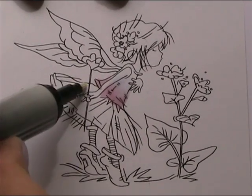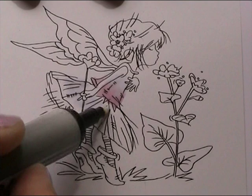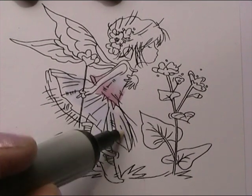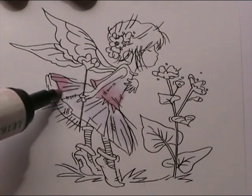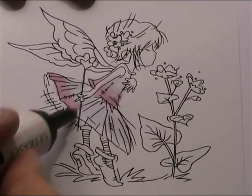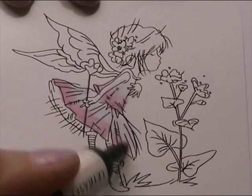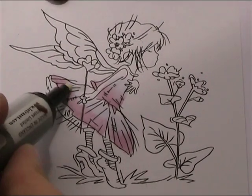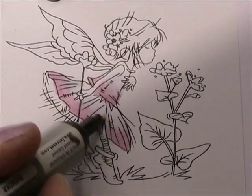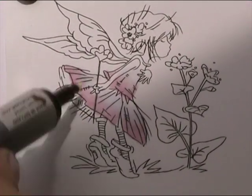Again, doing her skirt, I'm putting the blender in the middle of her skirt where the pink and the white of the paper are going to meet. And then I'm going to get my pink again and I'm going to put that along the bottom edge of her skirt, overlapping into where I've put the blender. And again, all you've got to remember doing this is make sure you do it while your ink colours are still wet. Get my blender again and just lightly go over the centre where the pink is meeting the white, and as you can see it bleeds and blends in really nicely,